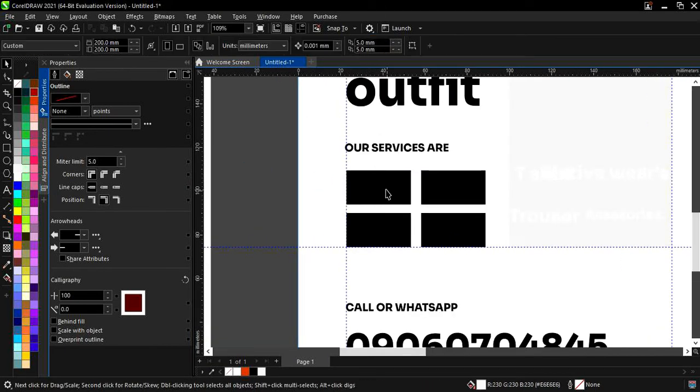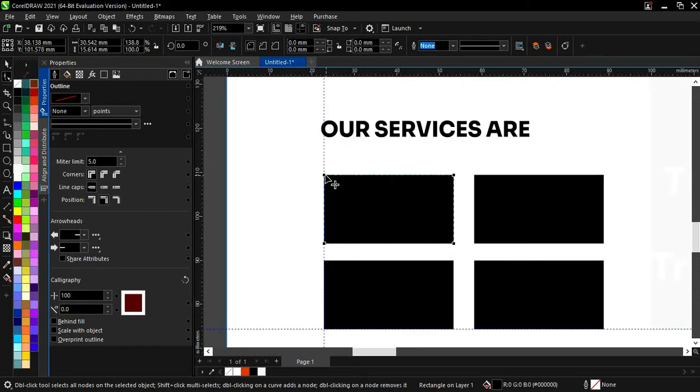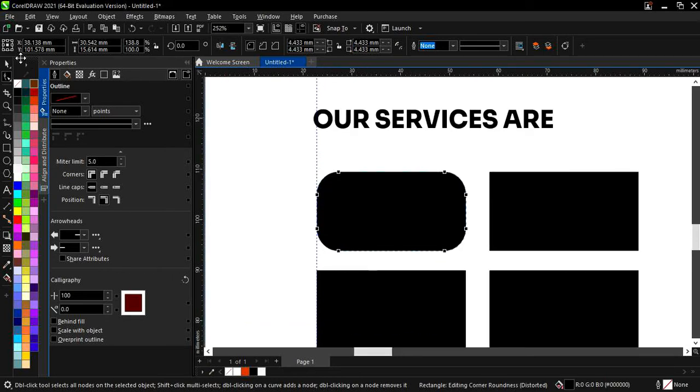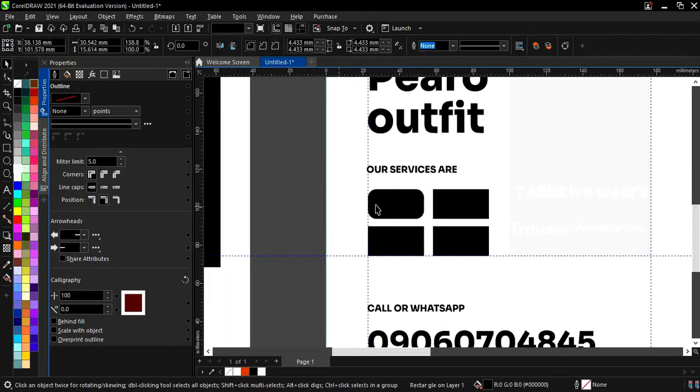So I want to give each rectangle rounded edges, rounded corners. So what I do is I select this, then using this shape tool also, I drag from one corner. So I get something like that. Another way to do this is to select it and come to this top area here, then change the size or the values to whatever you want. I want it to be 5, so I have to type in 5 for